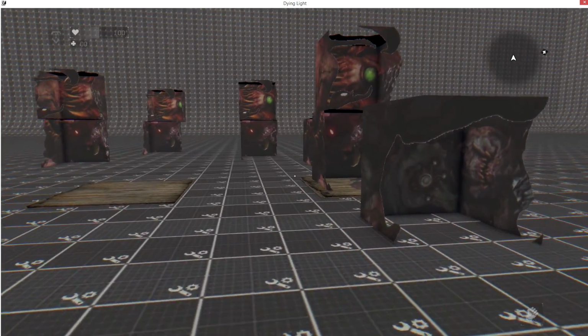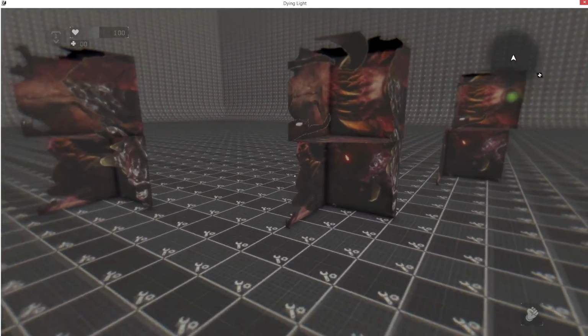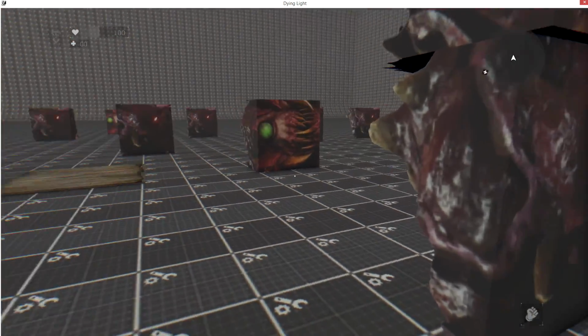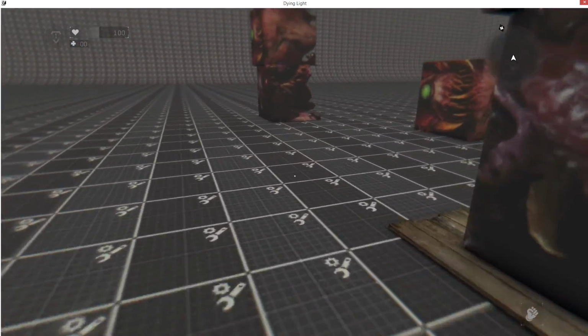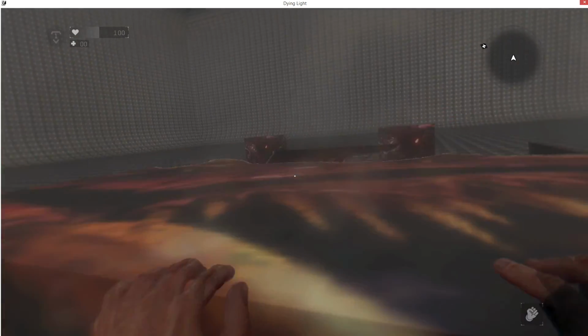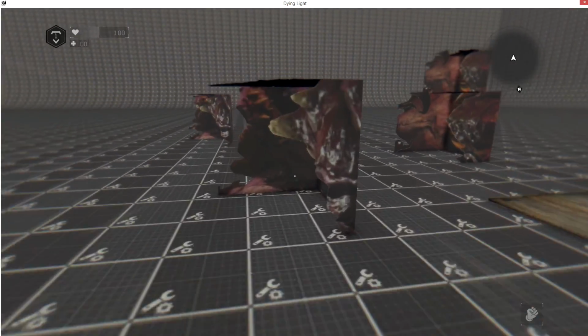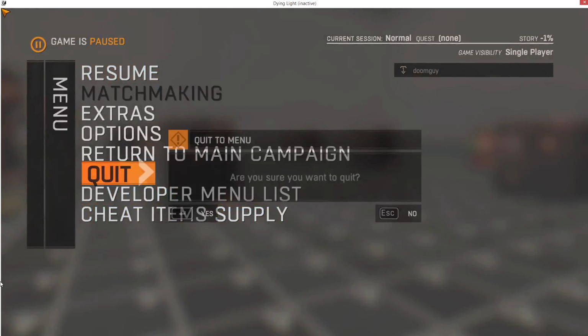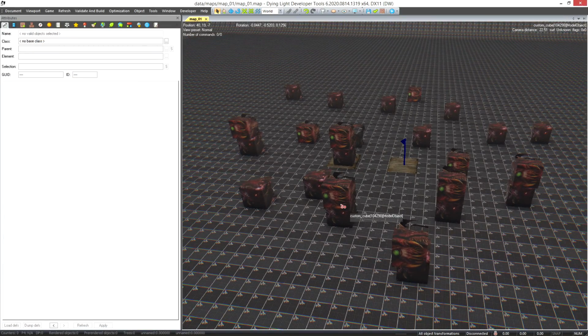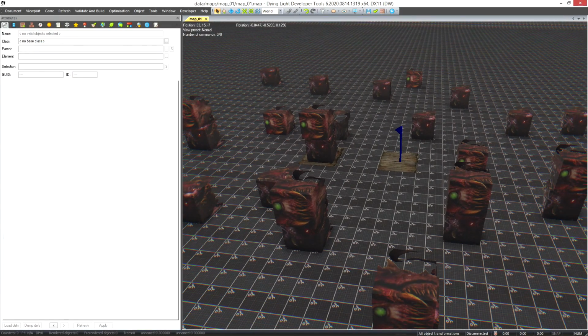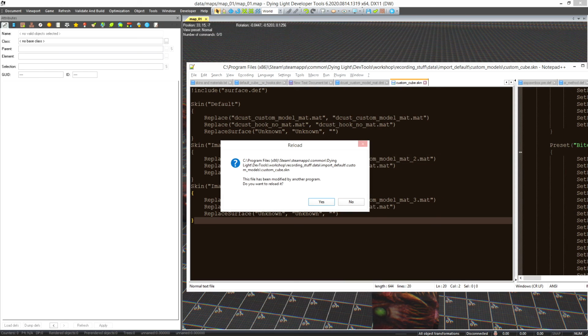Okay, maybe. Right, so there you have it. Custom models with materials. Nothing new at all. Many people have done this, including myself. And many, many other people. Right. What else? Yeah, we changed